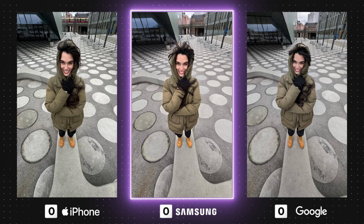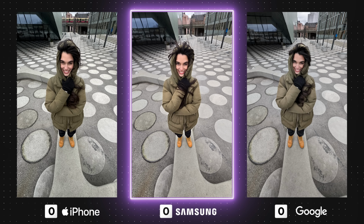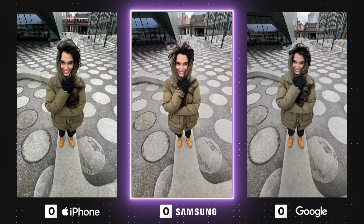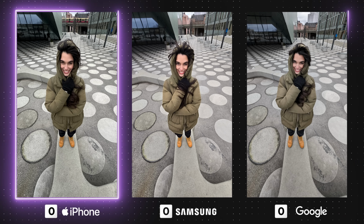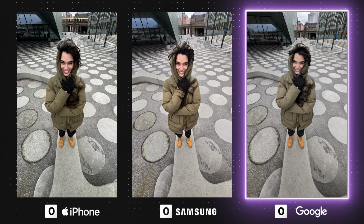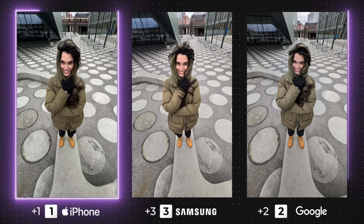Alright, the Galaxy is looking pretty good, finally. The exposure is on point and it's giving the photo a good amount of saturation despite the cloudy conditions. The iPhone and the Pixel both do a pretty decent job, but the only reason I'll give the Pixel second place is because I feel that it distorts my face slightly less, whereas the iPhone gives me a bit